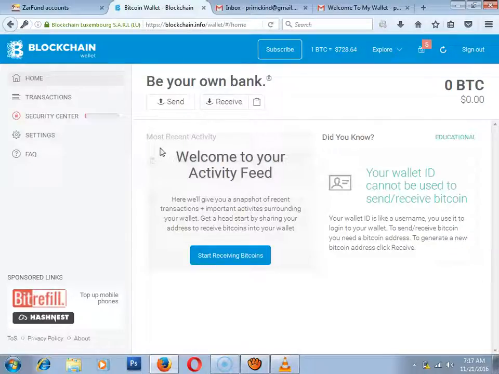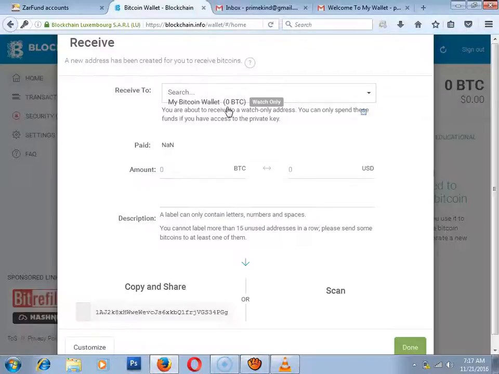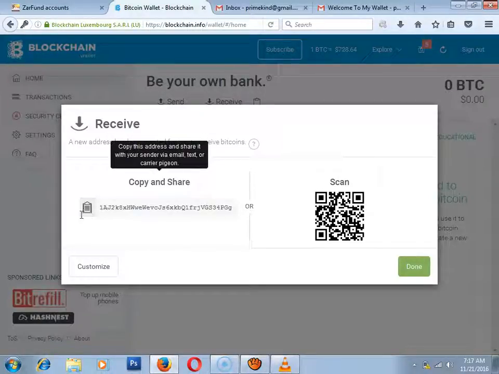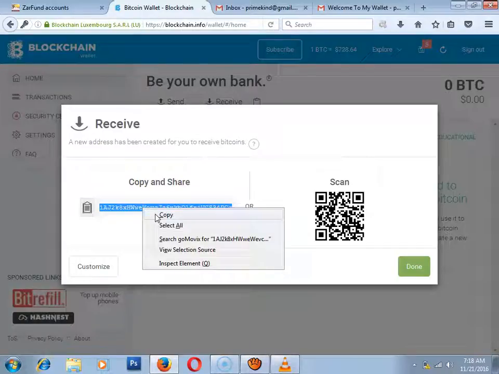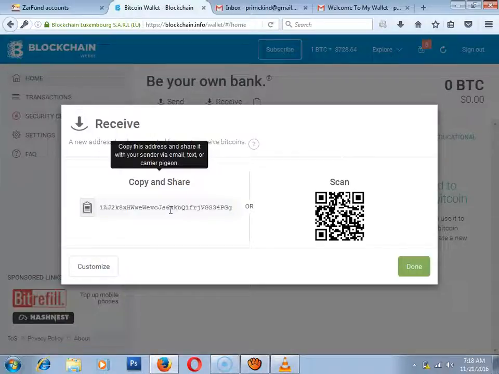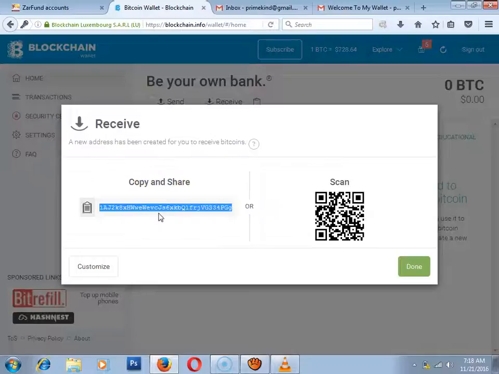So now to get your blockchain address in your blockchain window here is as simple as ABCD. What you just do is to click receive. You click receive and it opens this page for you. This is your blockchain address. So you select it by clicking this button. Then you can copy it by using Ctrl+C, or you right click on it using a computer, or you hold it down and click select all and copy with your mobile device. Depends on what device you're using, but what you do is to copy this address. So I copy this address.